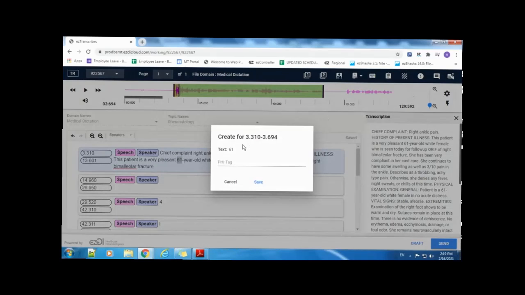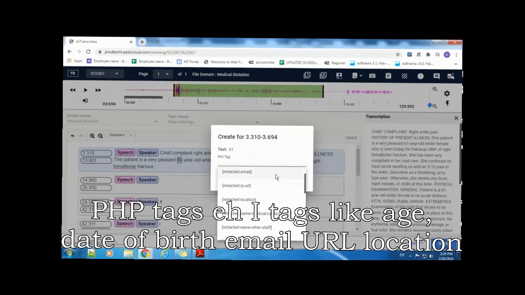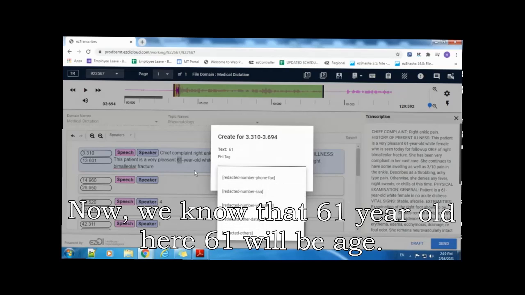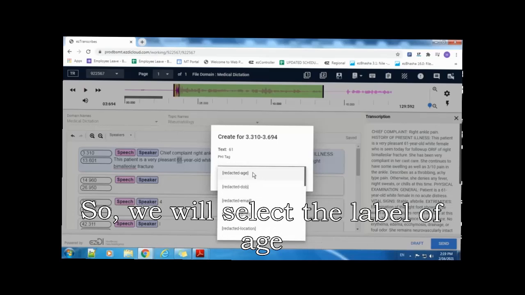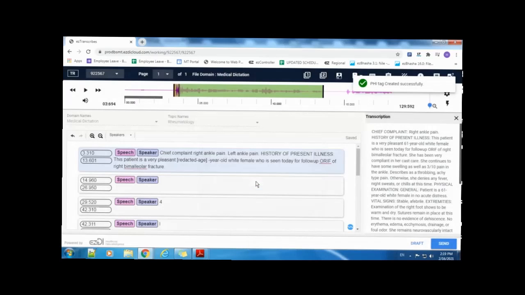Then a pop-up window will appear. In that there will be various PHI tags, like age, date of birth, email, URL, location, and so on. Now we know that for 61-year-old, here 61 will be age. So we will select the label of age, redacted age, and save it.